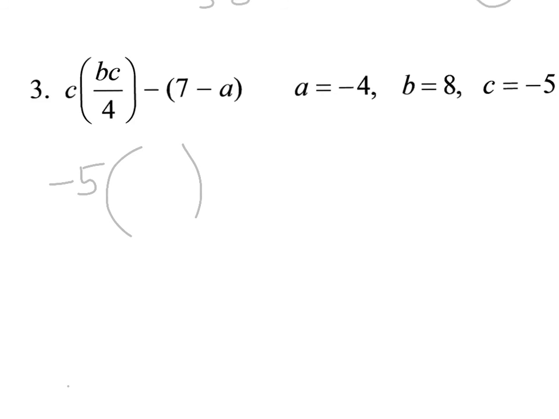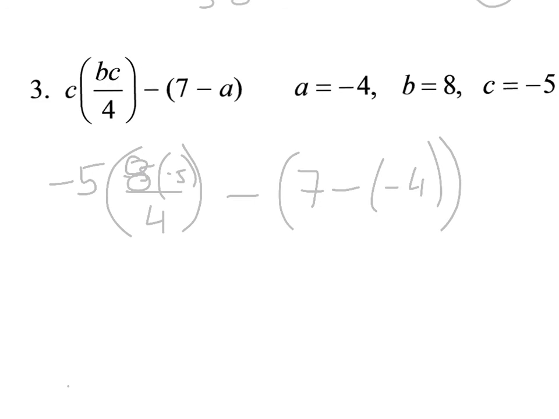parentheses, and in parentheses I have a fraction, so that will be negative 5 times, sorry, B was equal to 8, so that will be 8 times negative 5 and divided by 4 minus 7 minus negative 8 minus negative A, which will be minus negative 4. So a little messy here, let me just repeat myself. You get negative 5 times parentheses 8 times negative 5 divided by 4 minus 7 minus negative 4 and close